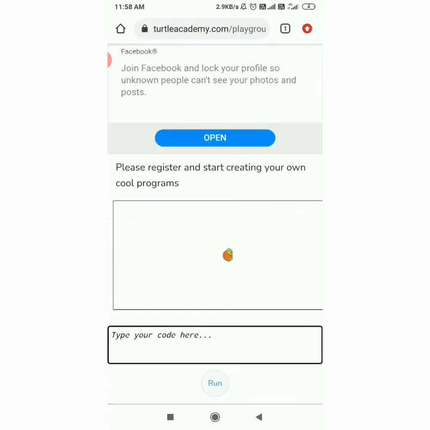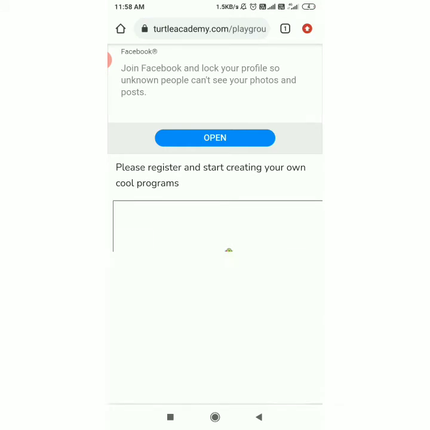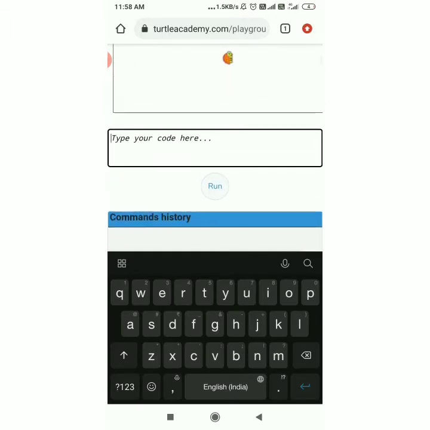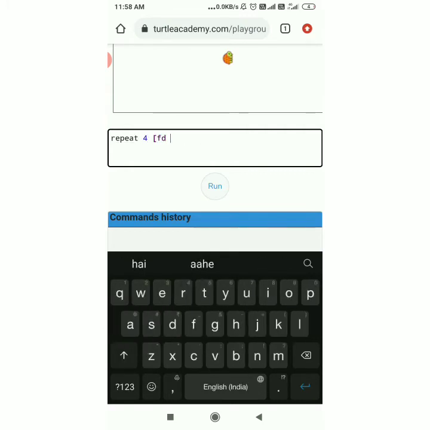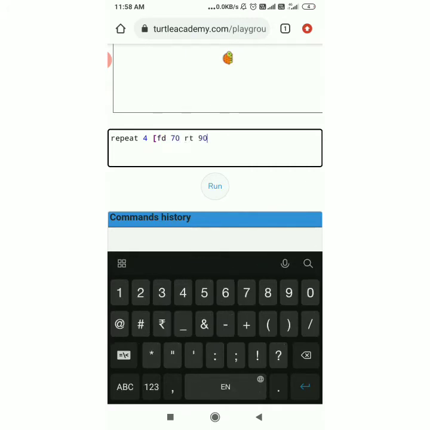Here you can see a simple platform for logo practice, and the shape of the turtle is a turtle. This is the command bar. I'm writing the command here to make a square: repeat 4, square bracket, FD 70, RT 90, and close the square bracket.